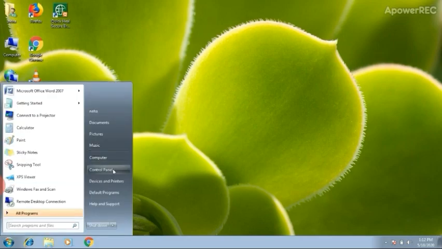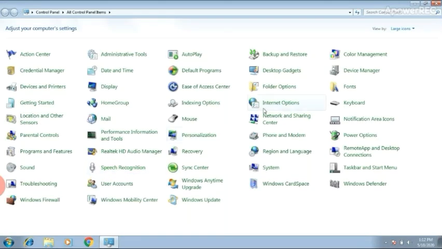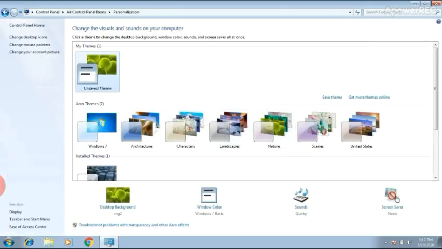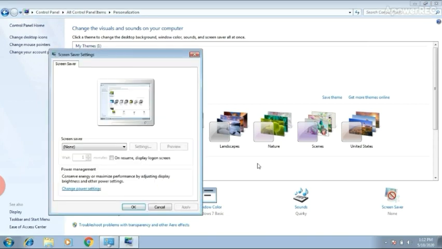Now again I am going to tell you how to change the screensaver or set the screensaver. Again click on personalization option. Now click on screensaver option. From the screensaver dialog box, select the bubbles or any of the options.